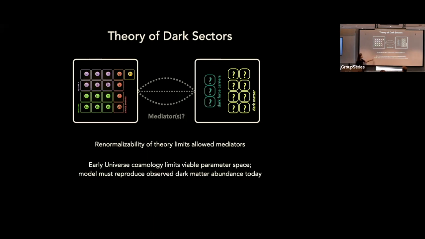The other important constraint comes from the early universe cosmology. You can add all of this additional stuff, but if you break the CMB or large scale structure, that's obviously bad. You also need to make sure that you can reproduce the dark matter abundance today. So these 2 constraints are actually quite strong, and it means you can't just write down whatever you want. Any new model has to survive these kinds of tests in order to be viable.